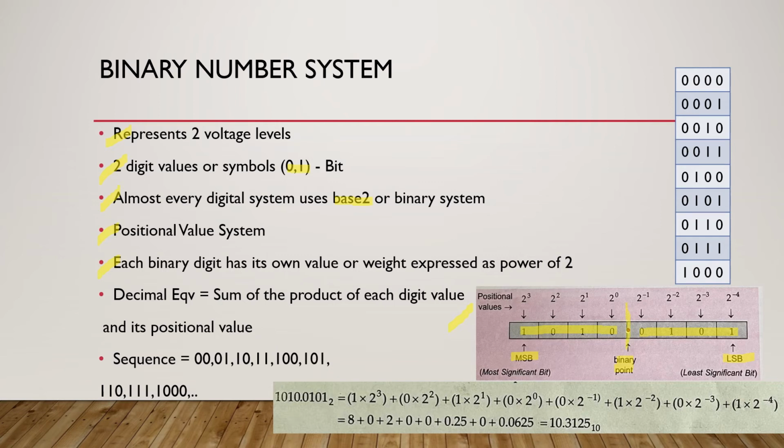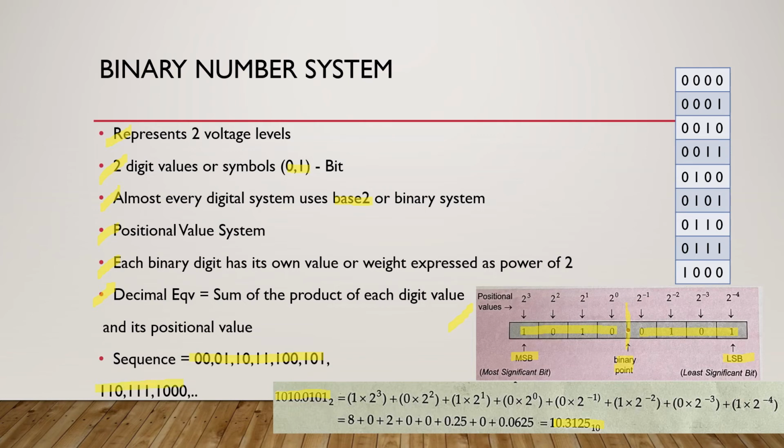The decimal equivalent of the binary number can be represented as the sum of the product of each digit value, which is either 0 or 1, and its positional value. Based on the calculation, we can see that 1010.0101 base 2 is equal to 10.3125 base 10. And the sequence of the binary number goes on as 00, 01, 10, 11,